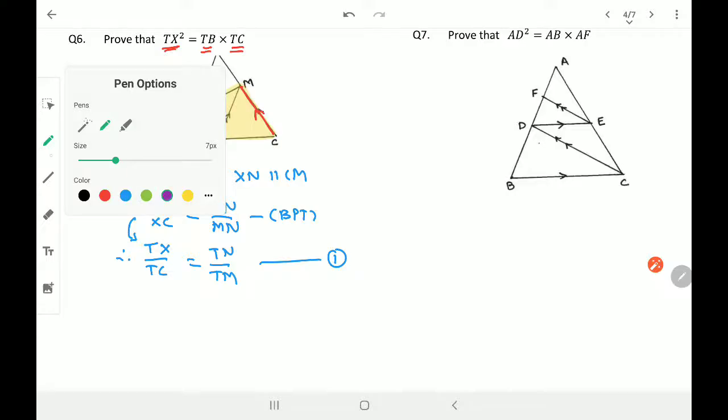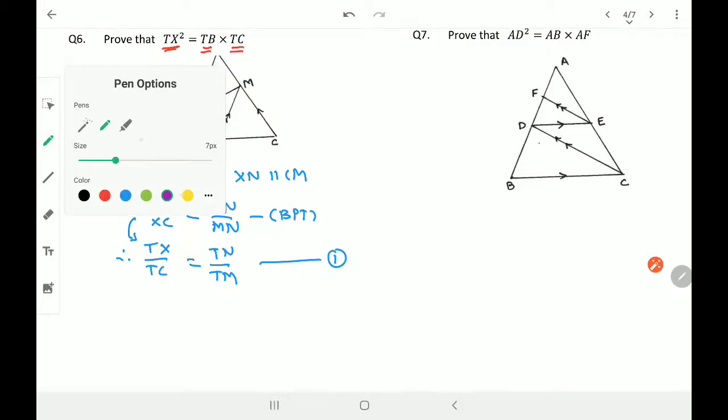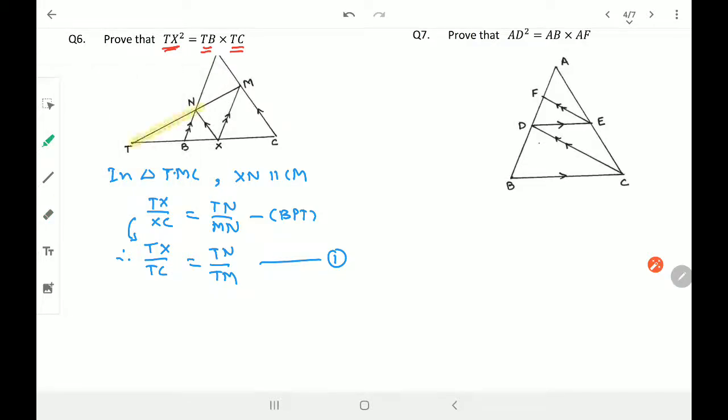In the triangle, first of all I will just color that triangle if you want. Let me tell you which triangle I'm talking about. Now you must have started understanding which triangle I'm talking about. These are the two parallel lines. Check. Now in triangle, that triangle is TXM. So in triangle TXM we have BN